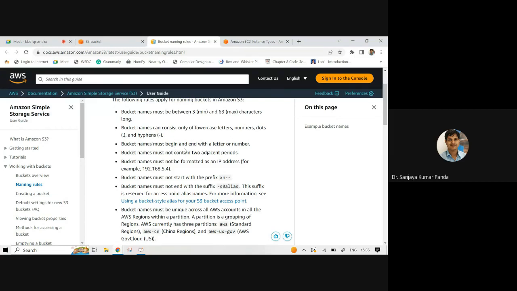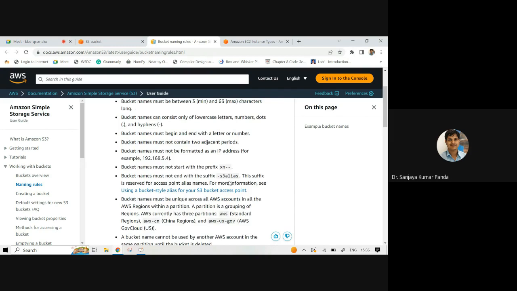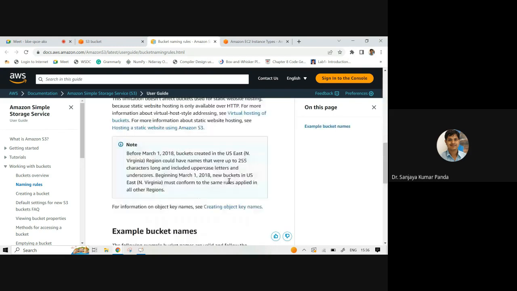It must begin and end with a letter or a number. It must not contain two adjacent periods. It must not be formatted as an IP address like 192.168.5.4. It must not start with the prefix xn--. Like that, there are certain rules written, so you can go through them.